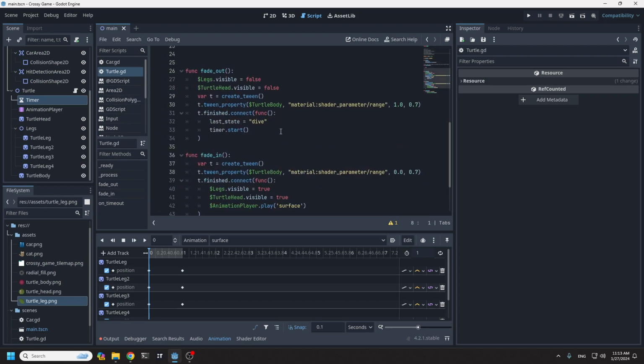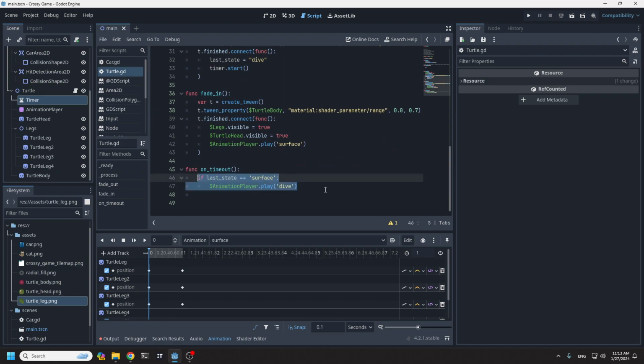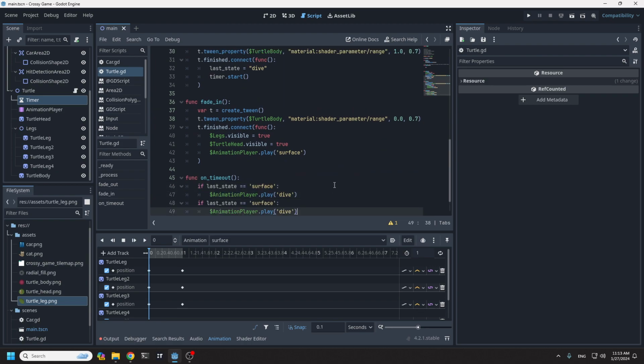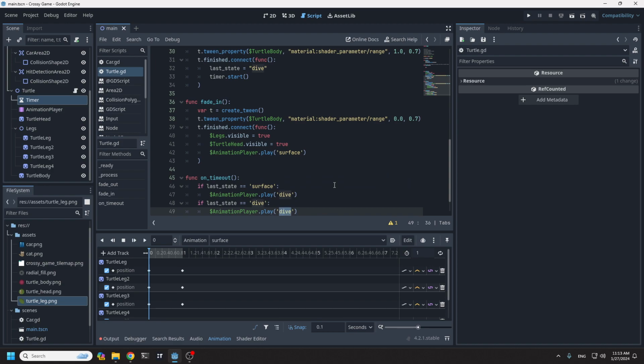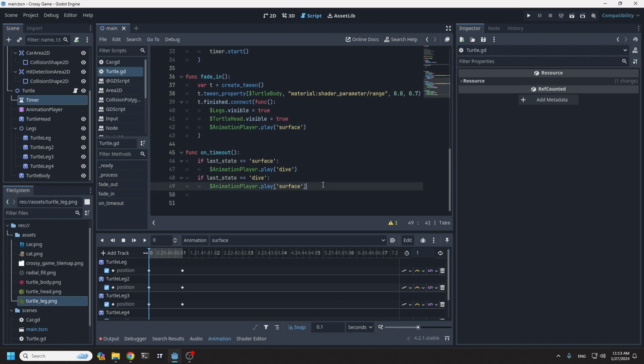Now we want to play the surface animation. So here on the timeout, we'll do if last state equals dive. We want to play surface, but actually, instead of playing surface, we want to call fade in, because this will create the tween, and this will call surface for us. So if fade in,